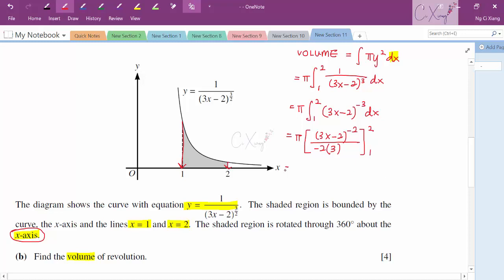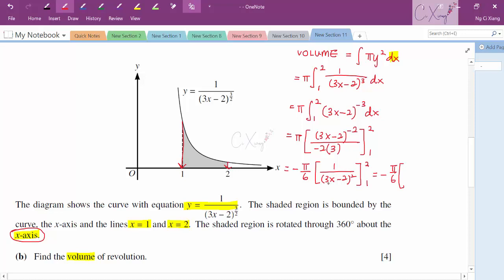Okay, so again, for my own practice, usually I prefer to take out the constant first. Then only I will substitute the limit in. So I'm having negative pi over 6. And then the expression inside will become 1 over 3x minus 2 squared. And I want to substitute in the value for 2 and 1. So when I'm having negative pi over 6,